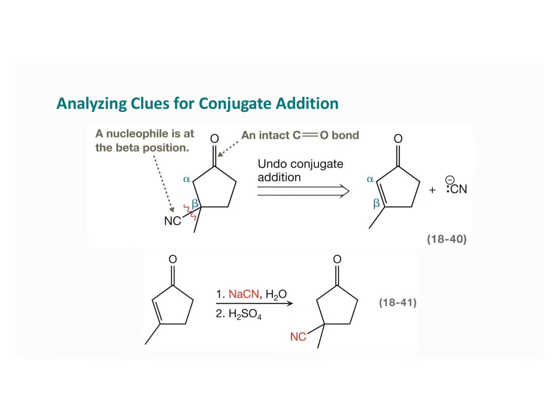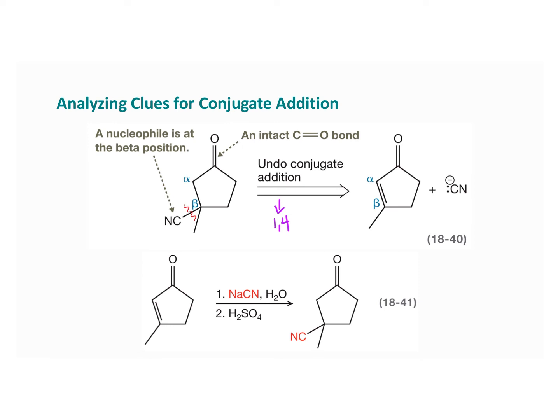So, for example, in equation 18.40, we're looking right here. This is our target that we're trying to synthesize. We have an intact carbonyl bond, and we have a nucleophile in the beta position. That means we're undoing a conjugate addition. I want to remind you, this is also called a 1,4 addition. Notice that the cyano group